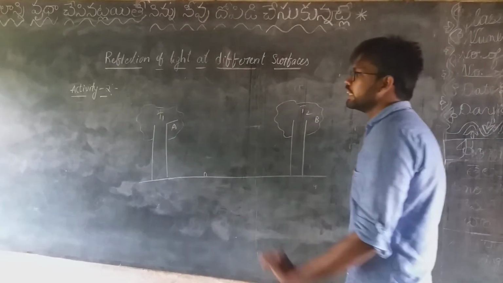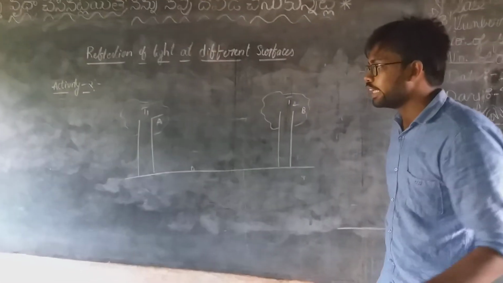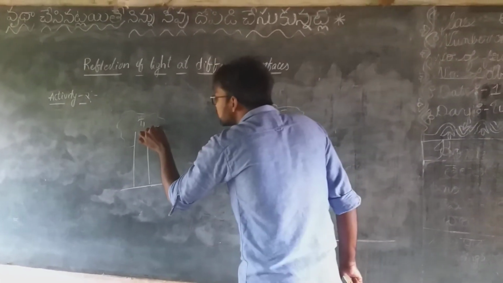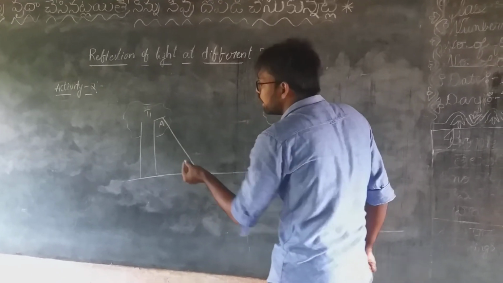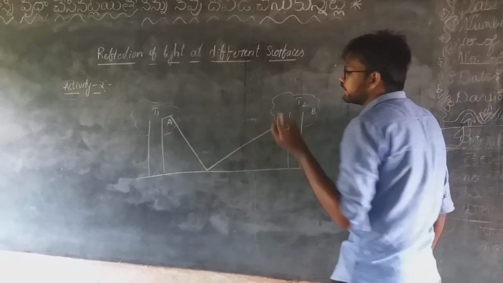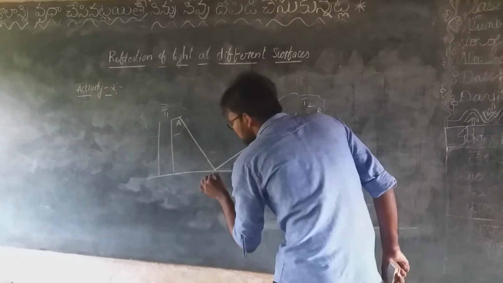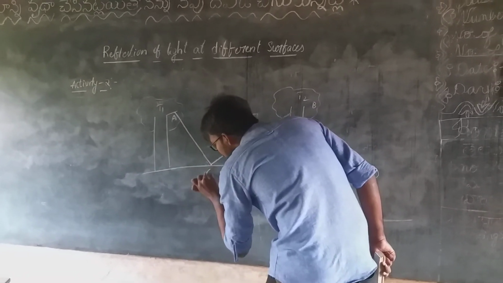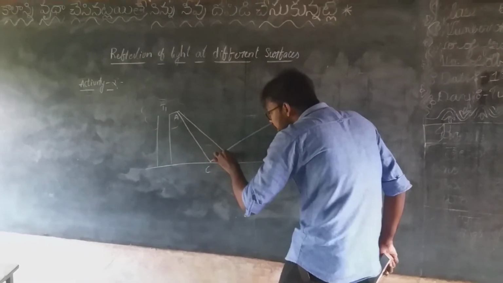Now what I'm saying is, a crow is observing a food grain from tree A. So what is the shortest path it should travel? From here, it takes the grain and travels to tree B. This is reflecting. Now this point I am taking as C, like that different points it was incident.